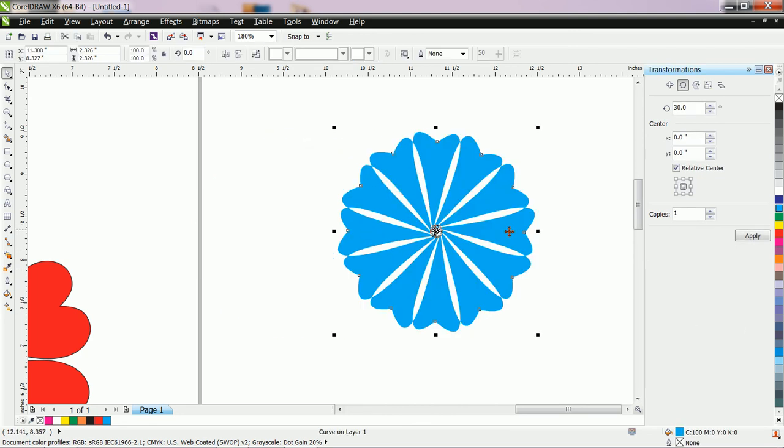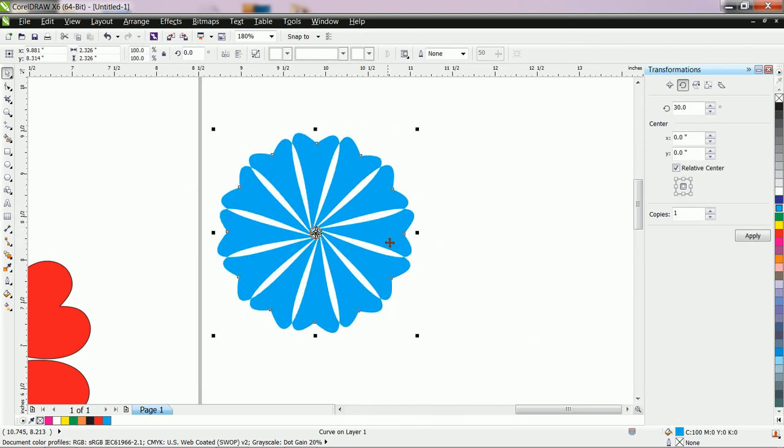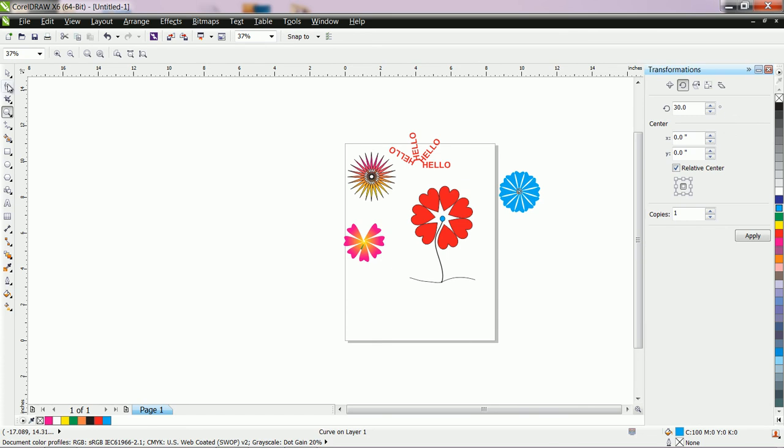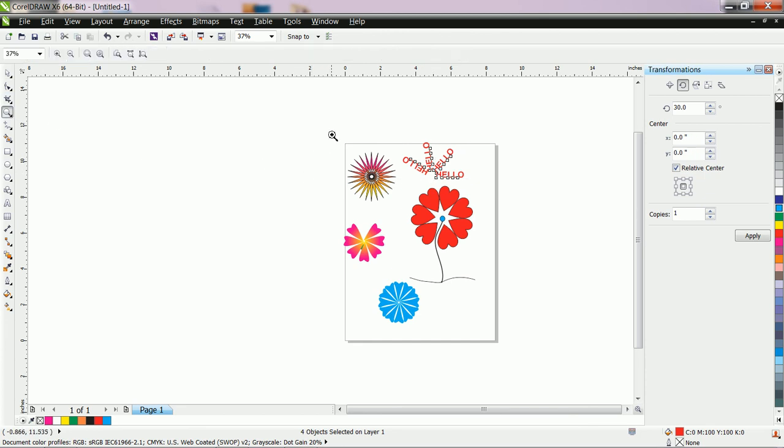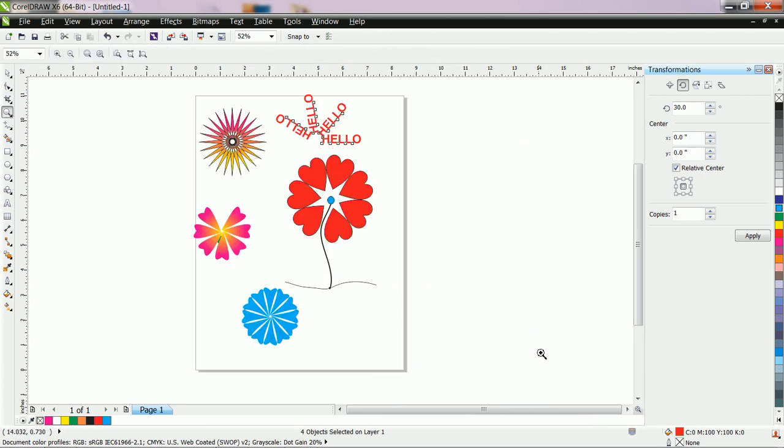Okay, this is a combined shape, a combined flower. Okay, like this you can make different flowers, different shapes. As per your logic, you can rotate the different shapes with the help of the transformation tool.